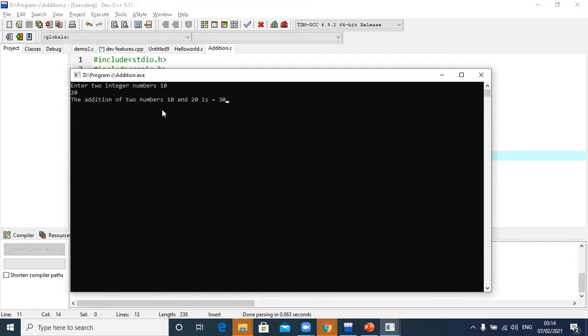Now we got the result. The addition of two numbers 10 and 20 is 30. Okay, so this is the result that is displayed on the console.